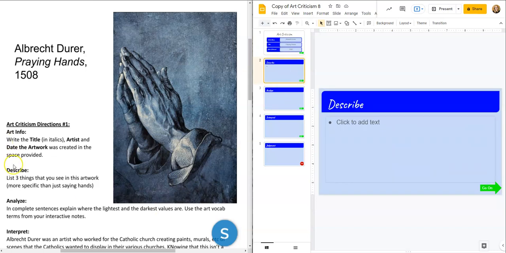Okay, so now we can work on describe. It says in this one, because it's a fairly simple image, list 3 things that you see in this artwork, more specific than just saying a hand. Obviously we know they're hands, it says so in the title. So I will come over here and click. If I'm looking at this, I could say